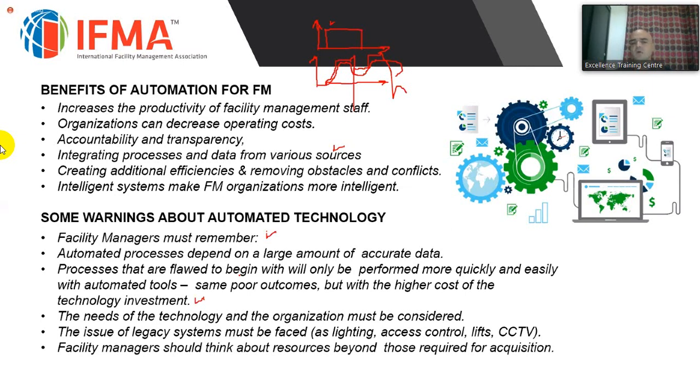The needs of technology and organizations must be considered. The issue of legacy systems must be faced. So when you go to a new building, or an old building, one built 20, 30 years ago, even 40, 50 years ago, and you want to automate it, maybe they didn't have a lighting control system at that time. The lifts were not linked to the system. So how you handle these kinds of systems is important. Maybe it will be too expensive to replace them, or there are some retrofit kits which you can install on existing equipment, and you can make it smarter at a reasonably priced